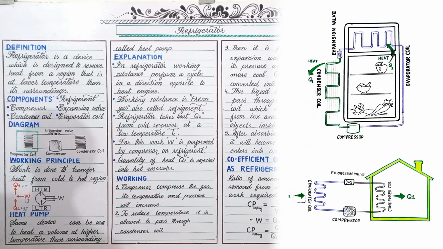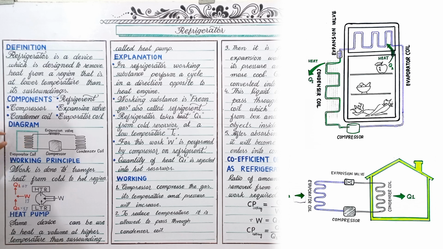The process is that simply the heat will be taken from this coil or this region and transferred to this coil, the condenser coil, and from this coil it will be transferred into the surrounding. So there will be some decrease in the temperature. So remember that when you are going to use it as a refrigerator, you have to enclose the evaporator coil